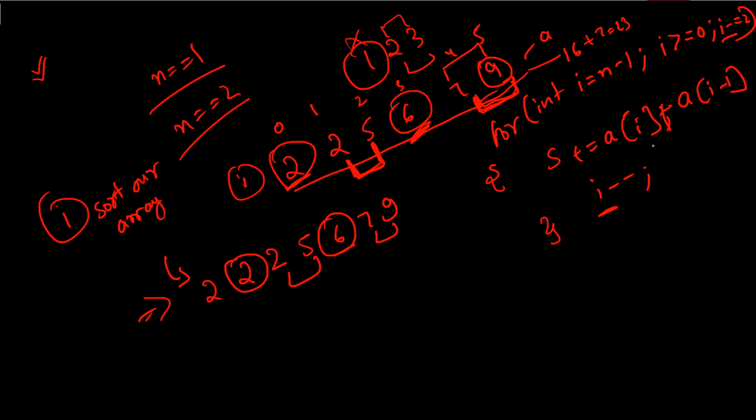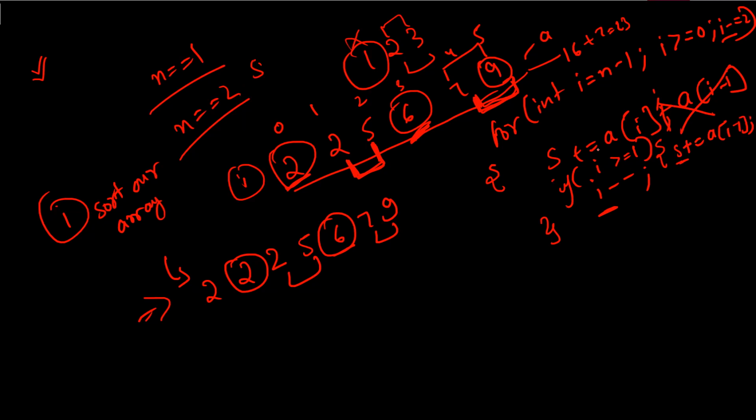Now if we will write like this, then a of I we do have, that is 2, right? But a of I minus 1 is missing now, so we cannot write like this directly. We can put an if condition here, simply that if I value is greater than or equal to 1, right? If I value is 0, obviously there won't be any I minus 1 that would be existing, and obviously some error will be there. So make sure that if I value is greater than or equal to 1, only then we are adding this a of I minus 1 to our s value.